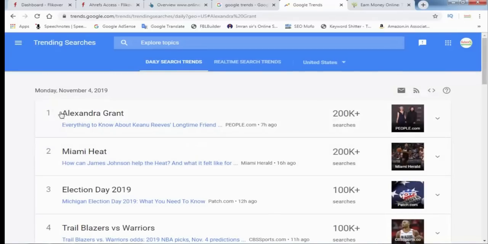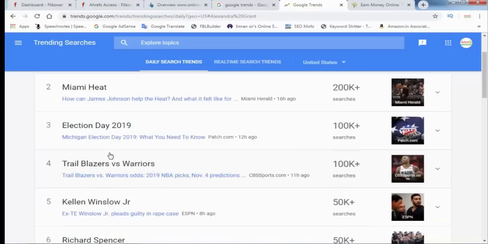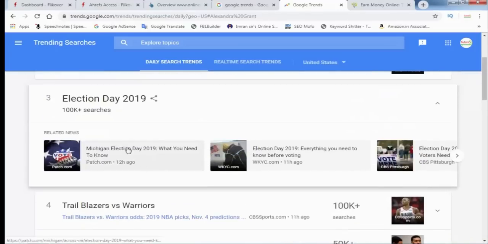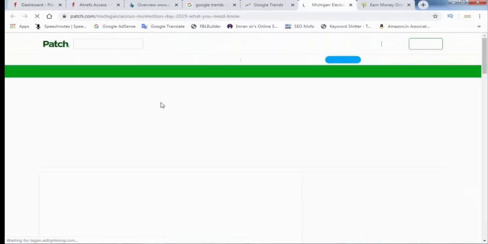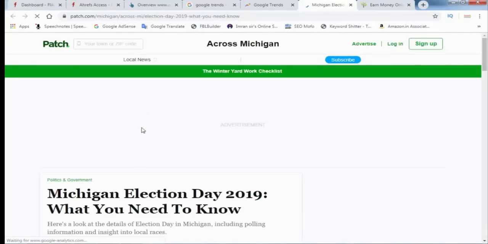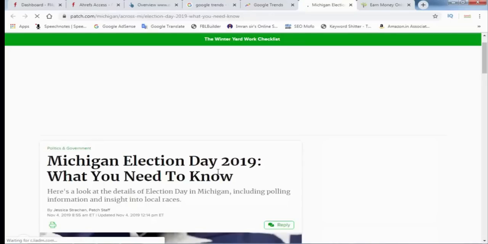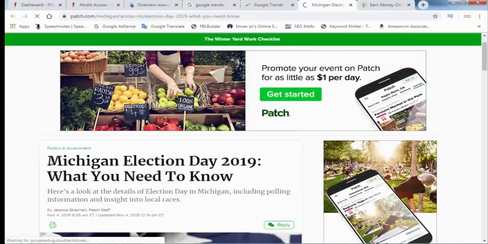If you don't know how to write an article, then I will suggest a simple way to write an article on any keyword. For example, I have opened this article. Xi Jinping election day is the main keyword.